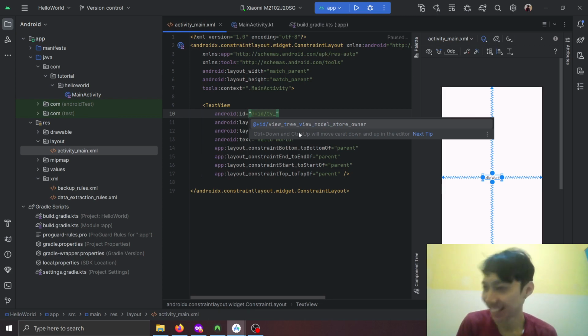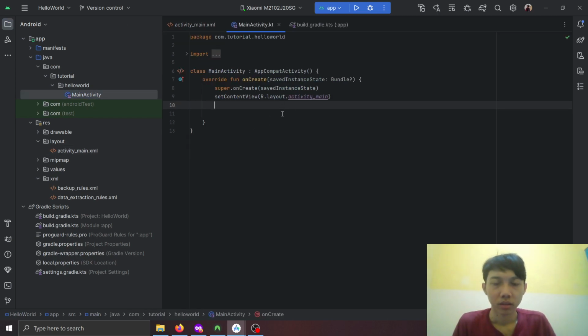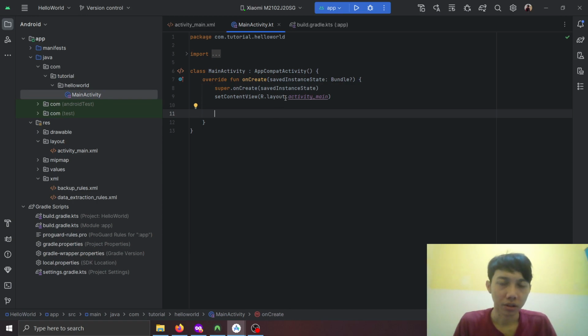I don't know what text view, any text. Let's just say that. Wait, yeah, you can make it like this. If you're using Kotlin, and in this day and age, it's not really recommended to use this legacy R layout. It's not bad per se, but because in this case you will have to be